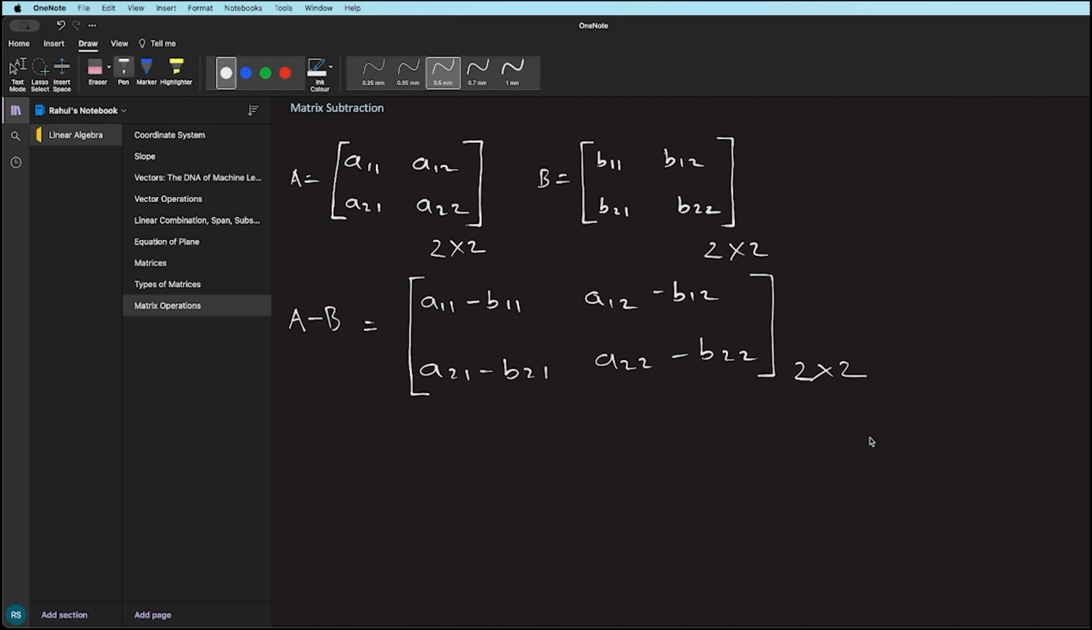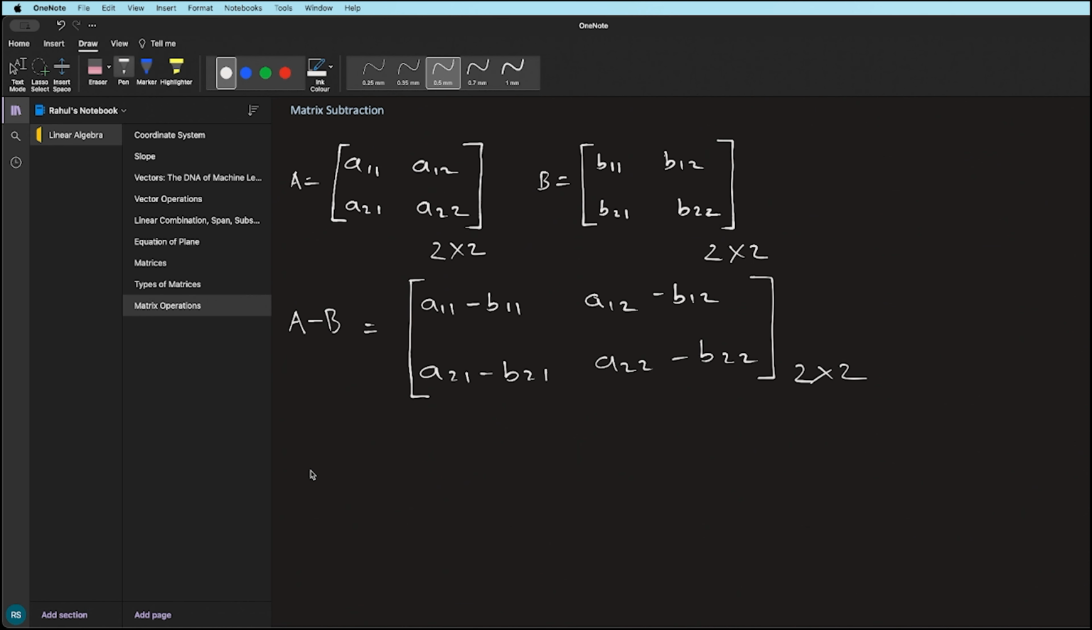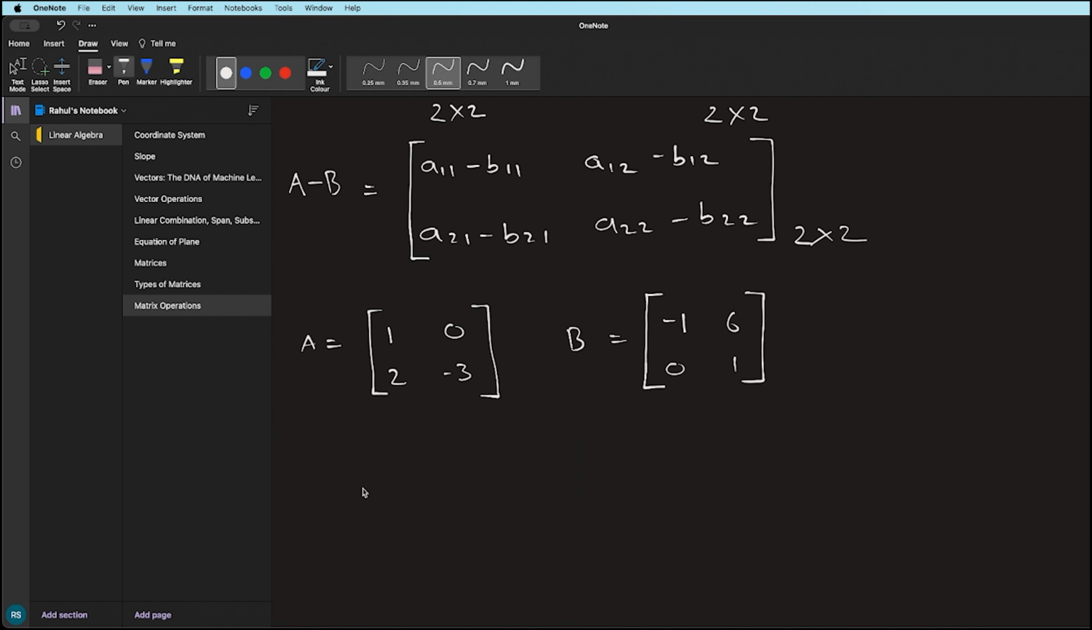Let us understand it with a real world example. Suppose there are two matrices. Suppose this is matrix A, which is 1, 0, 2, -3, and a matrix B, which is -1, 6, 0, 1. Now I want to perform the matrix subtraction, that is A minus B,